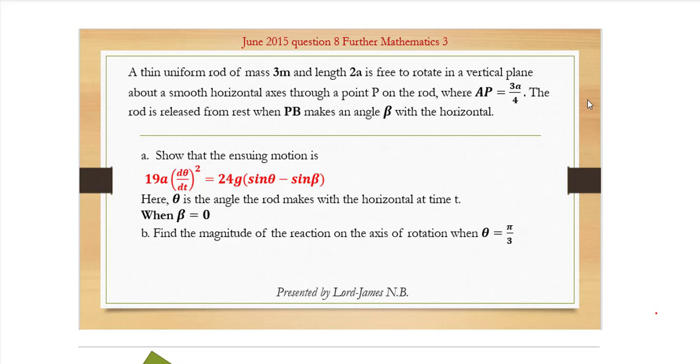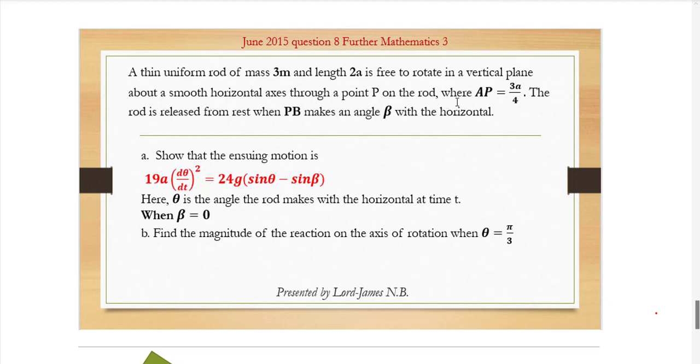Today we are going to see a question on moments of inertia. That's June 2015, question number 8. It reads: a thin uniform rod of mass 3m and length 2a is free to rotate in a vertical plane about a smooth horizontal axis through a point P on the rod, where AP is equal to 3/4 of a. The rod is released from rest when PB makes an angle